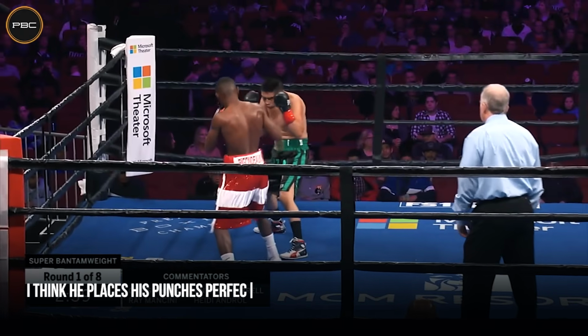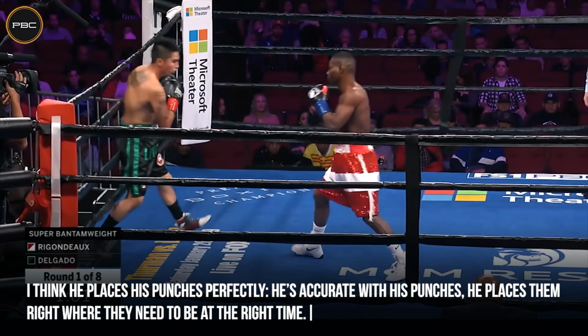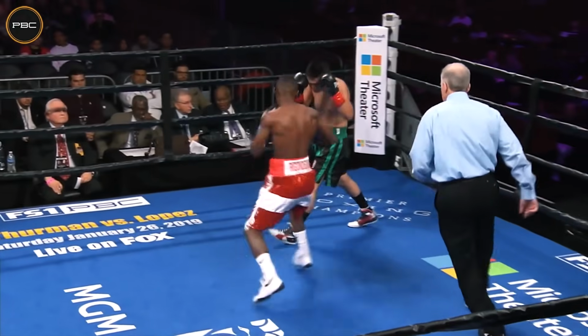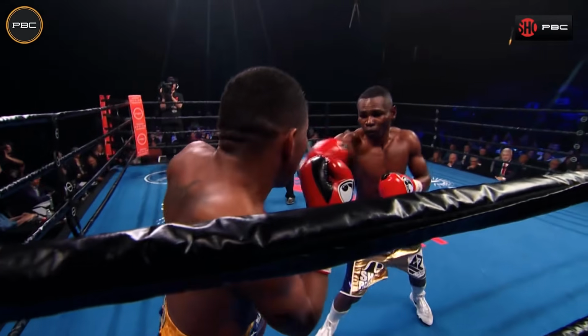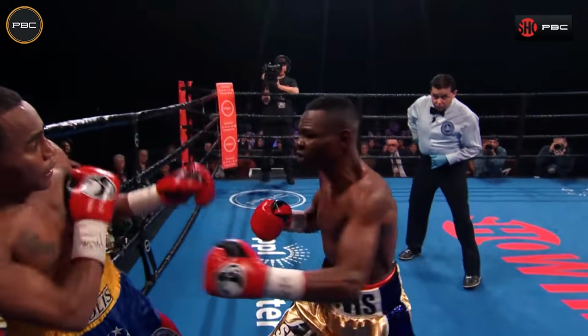I think he places his punches perfectly. He's accurate with his punches, and he places them right where they need to be at the right time. The pace, close to. And Delgado will let him. Downtown Los Angeles. He throws it really quick and without telegraphing it, thanks to his guard, like we briefly mentioned